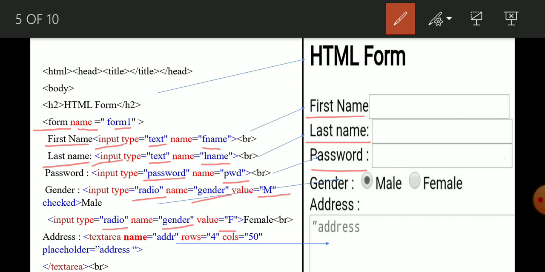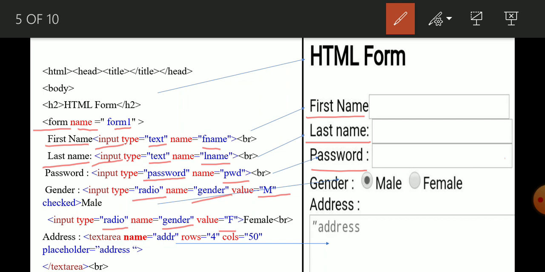Now here you will think why both names are the same, that is gender. The answer is these two radio buttons belong to the same group, that is gender, so the name is the same, otherwise it should be different. And whatever value you give in the value attribute, like in this example we specify M, F, these values are stored inside the database when we click on the submit button.